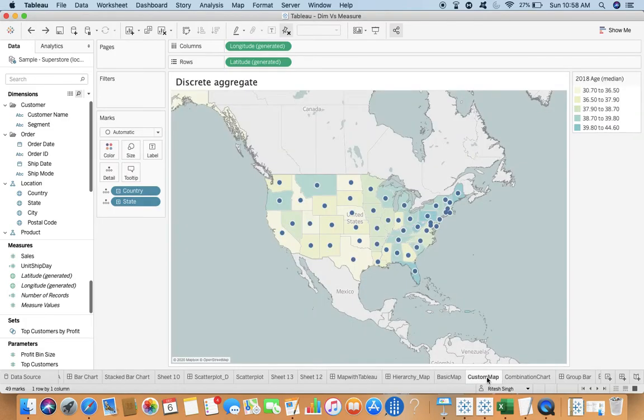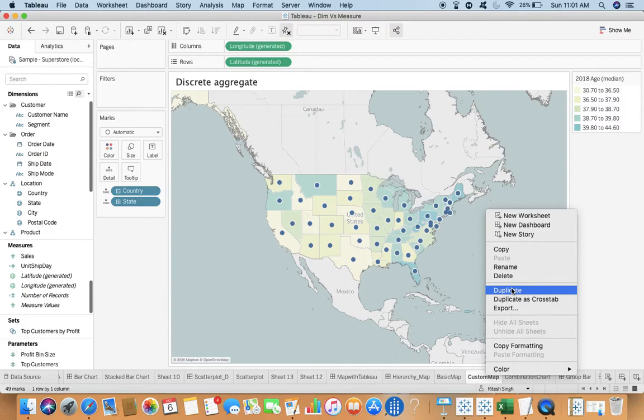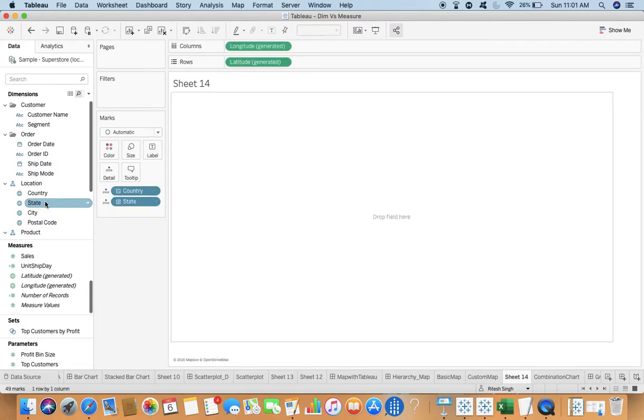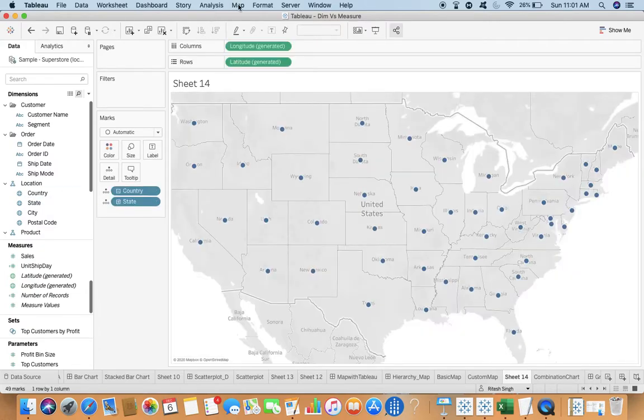After that, custom map. So you have to talk about the custom map. So now we know how to create a map. Now we know the properties that our columns or fields should have before we work on the map part of any Tableau visualization. So now we can create a basic map, and I say state, and after that I go to map and map layers.